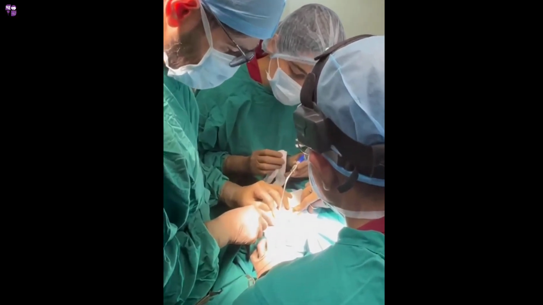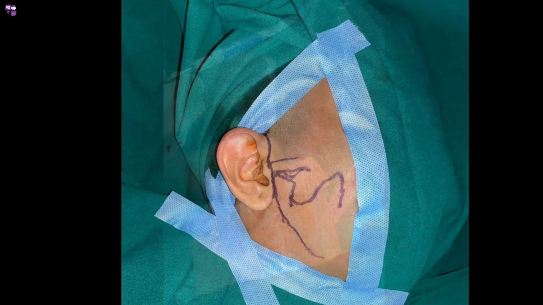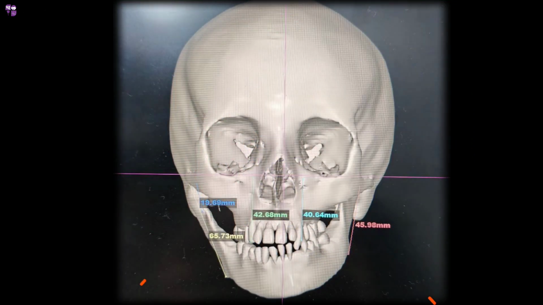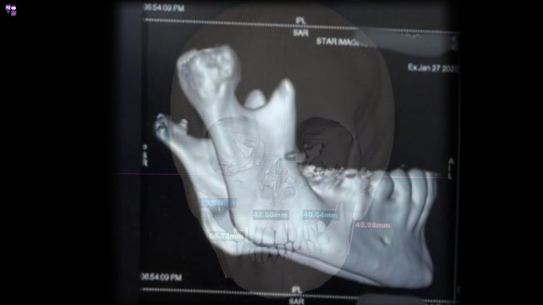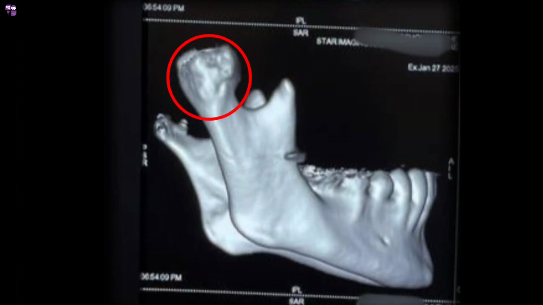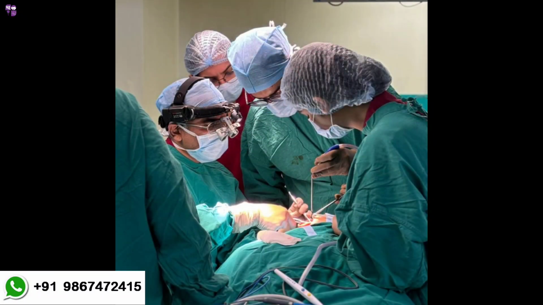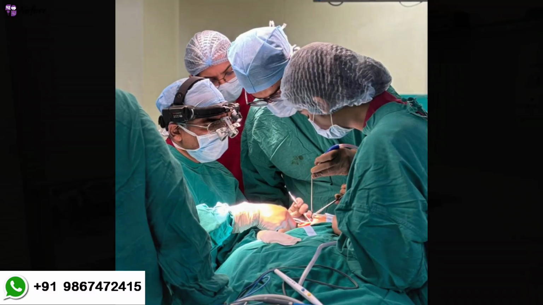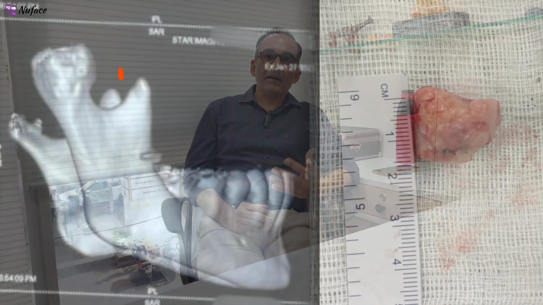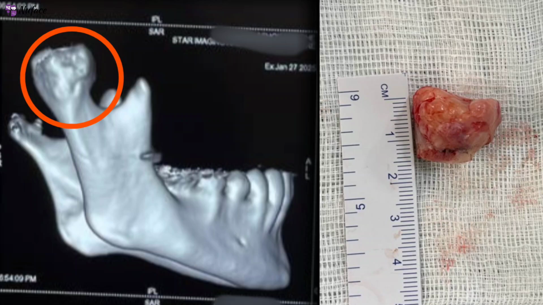So after all these investigations, we found that it was more of a tumorous kind of growth, more like an osteochondroma. So we advised surgery to do a low condylectomy, because there was a difference in the bone height, ramal height on both the sides. So we decided to do a differential condylectomy, low condylectomy, to make the ramal height symmetrical, and we planned the surgery. The surgery was done in a hospital under general anesthesia, and we performed low condylectomy using a preauricular